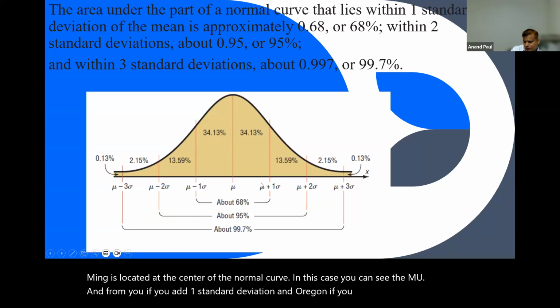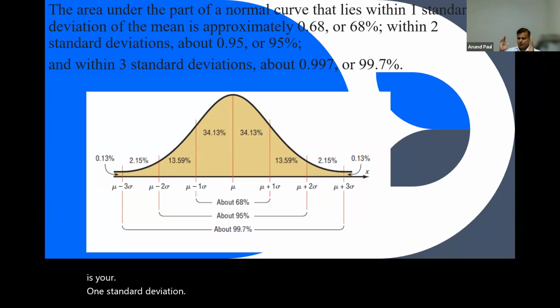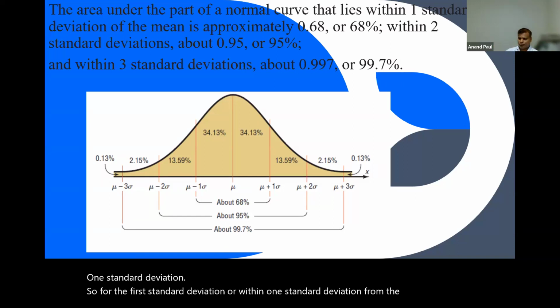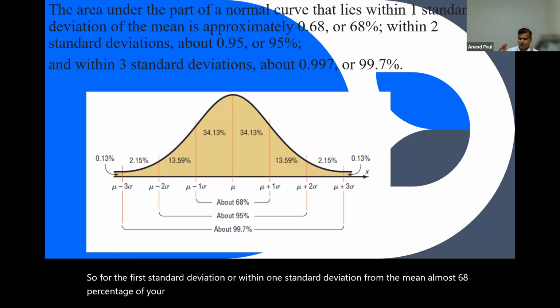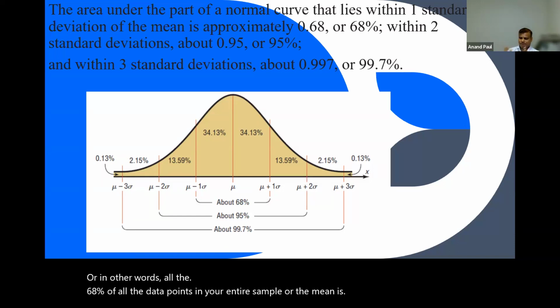This is your one standard deviation distribution allocation. Within one standard deviation from the mean, almost 68% of your population is present. In other words, 68% of all the data points in your entire sample are in this first standard deviation